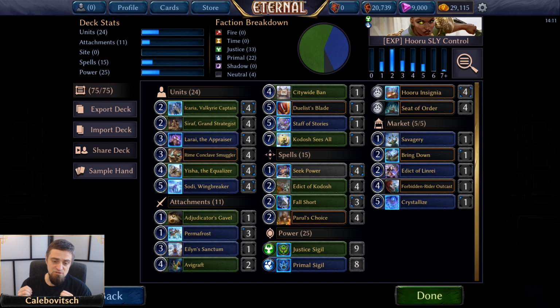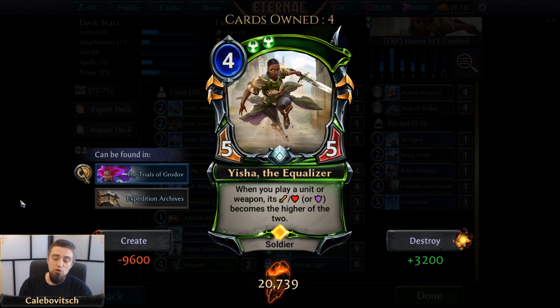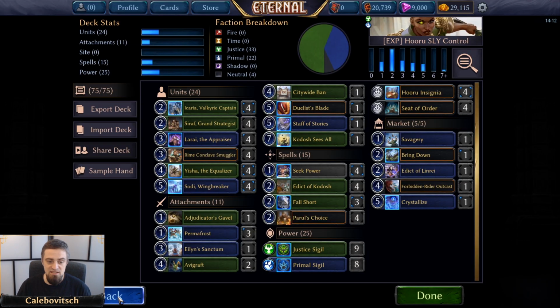In Trials of Grodov, there has been a card I have been brewing with quite a lot that is called Yisha the Equalizer, a 4-cost double justice soldier, 5/5, which is already a great stat line for the price. That also says when you play a unit or weapon, its attack and health or attack and armor becomes the higher of the two. And how you can make this better